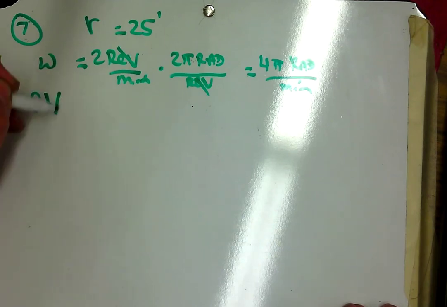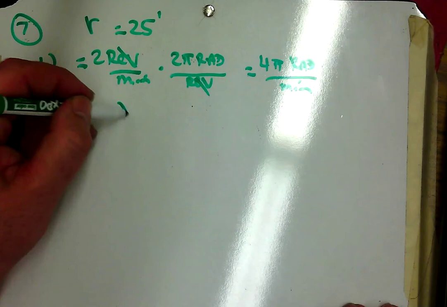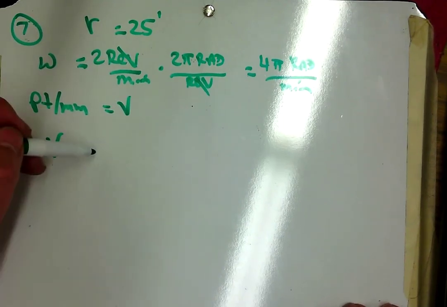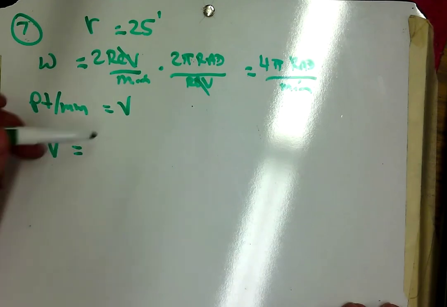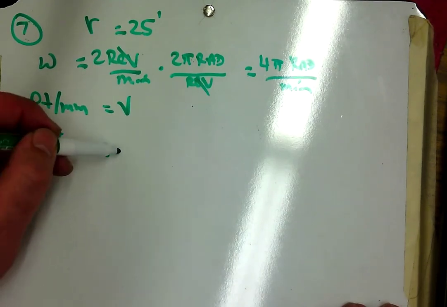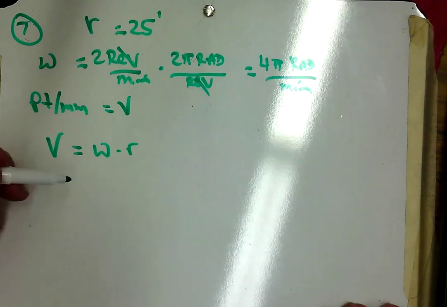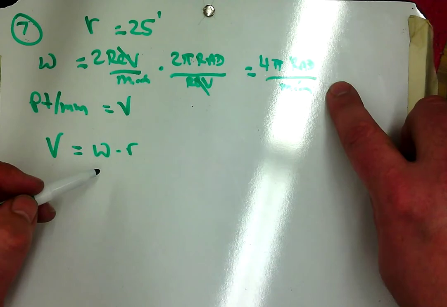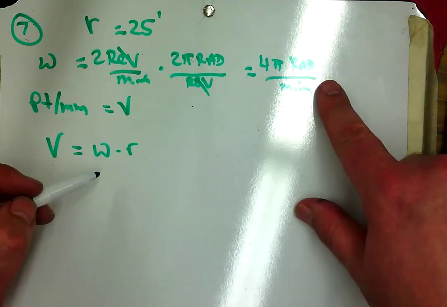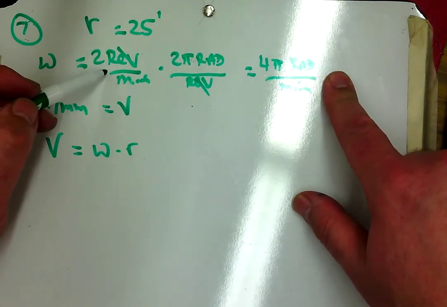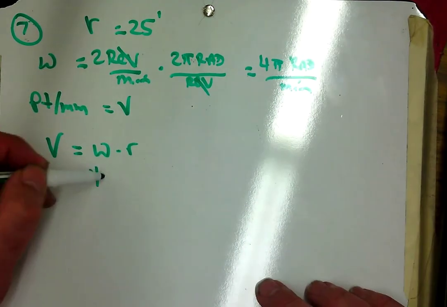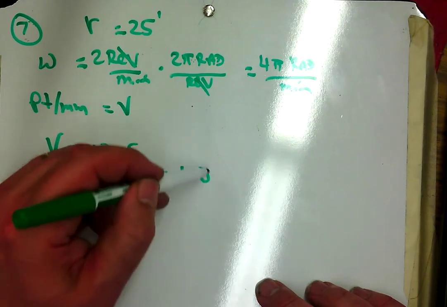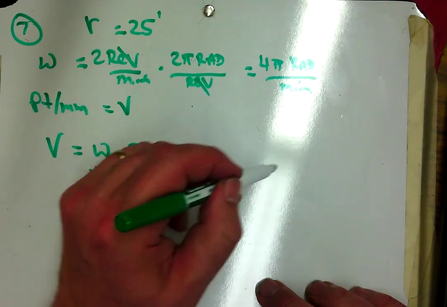Well, feet per minute is a linear velocity. And I remember we talked about a relationship between linear and angular velocity. We said linear velocity was angular velocity times radius. Remember, angular velocity we want in terms of radians per time unit. So I'm glad we made this conversion. We couldn't just use the 2. We need this 4 pi. 4 pi times 25. And so I get 100 pi, or